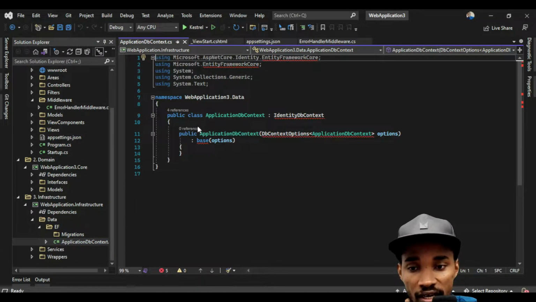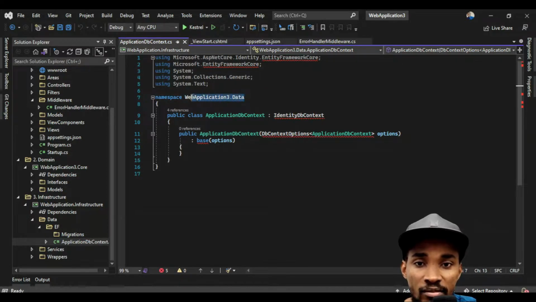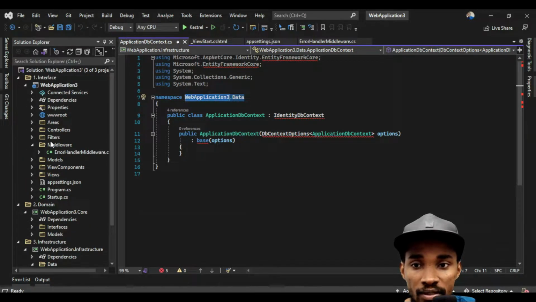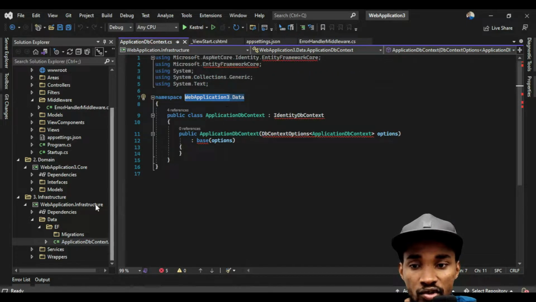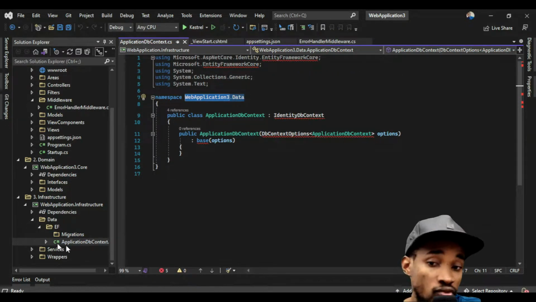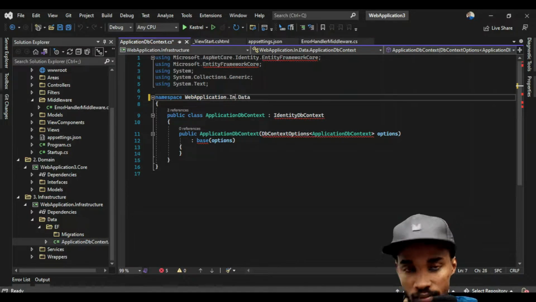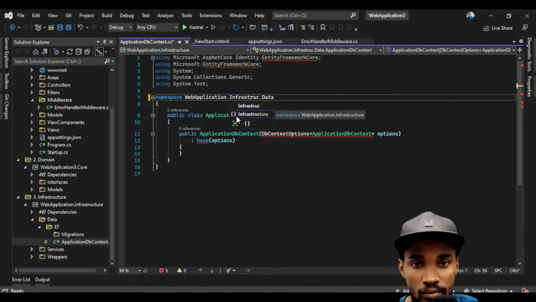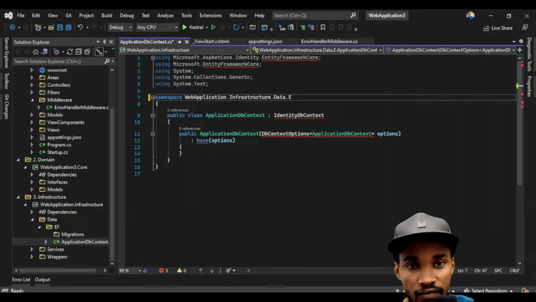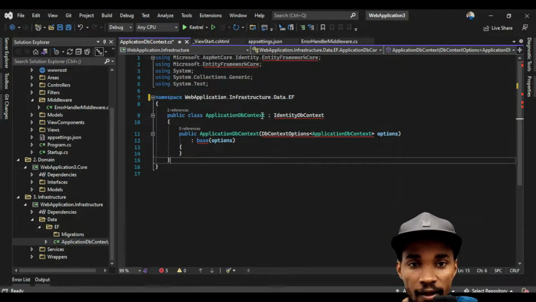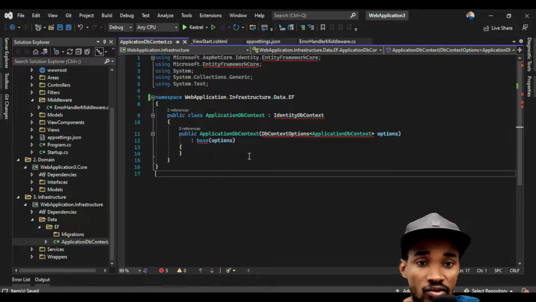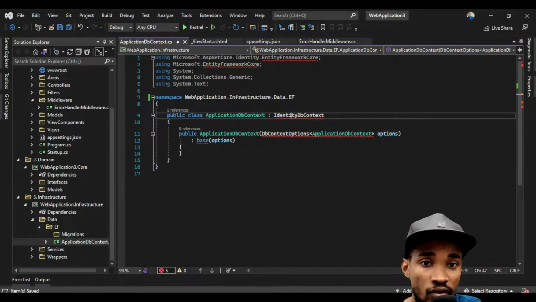In your application DB context, you will see there that the namespace is still referencing web data, and what you want to now do is make sure it conforms to where the actual file is. And if you check here, it's now WebApplication.Infrastructure, giving us Data.EF. So that is where our actual application DB context is now, and that is just what we need to do, as well as resolve all this